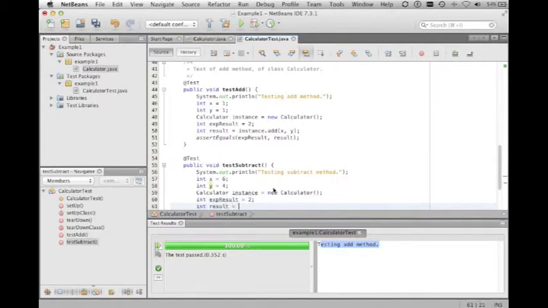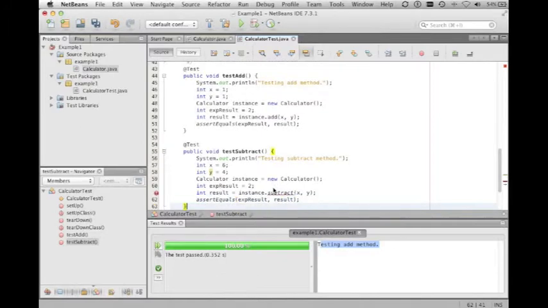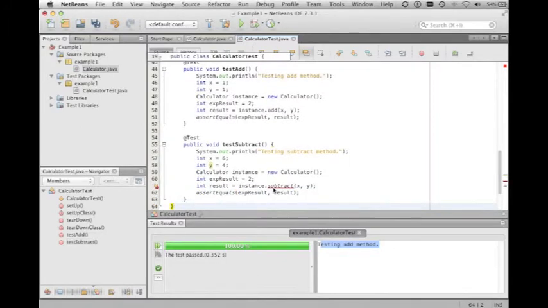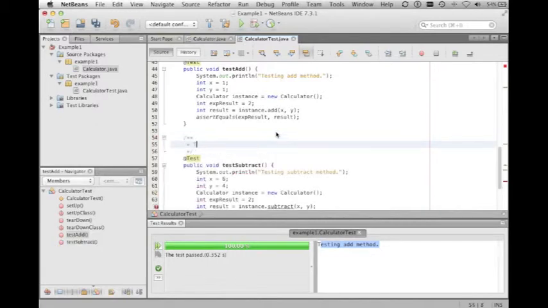So 6 minus 4 should be 2. And another variable that holds the actual result of calling the subtract method. But the subtract method doesn't exist yet, so we get a red squiggly line there. Nevertheless, we continue and we assert that the actual result is as expected. Let's also write a small comment for this test case. We see the red squiggly line that says the subtract method does not exist. We are going to generate it automatically by clicking on that method call,